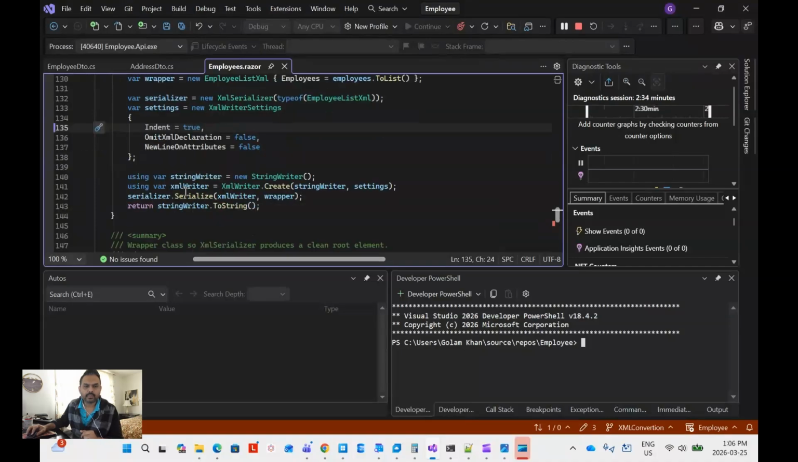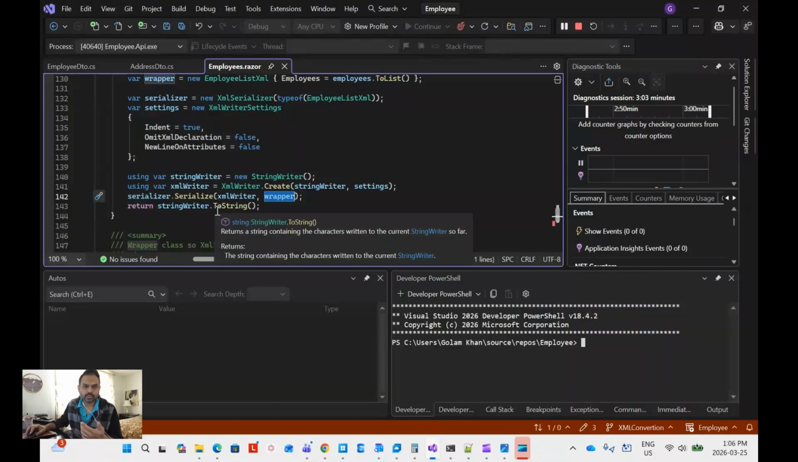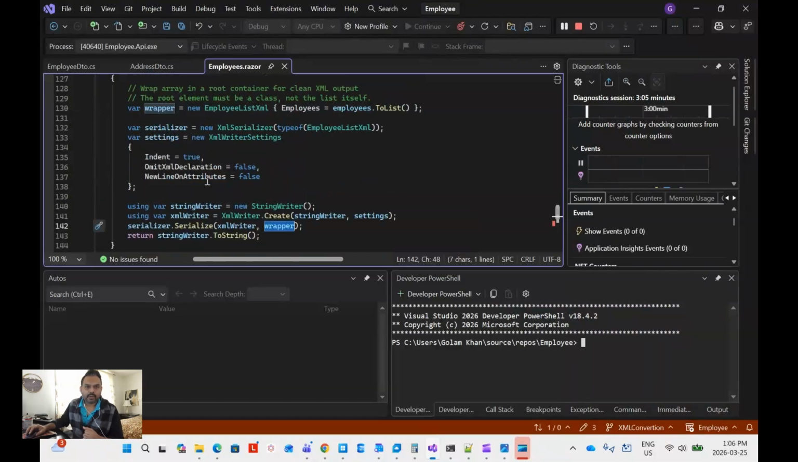And then finally, we create an XML writer where you'll write, and then the string writer as well, where we write that whole XML object into a string. And then finally, we just do the serialize where we create the XML writer using those settings. And then finally, we serialize it into the XML writer. The wrapper is my employee list. And finally, we do a ToString to show it. So if I run this